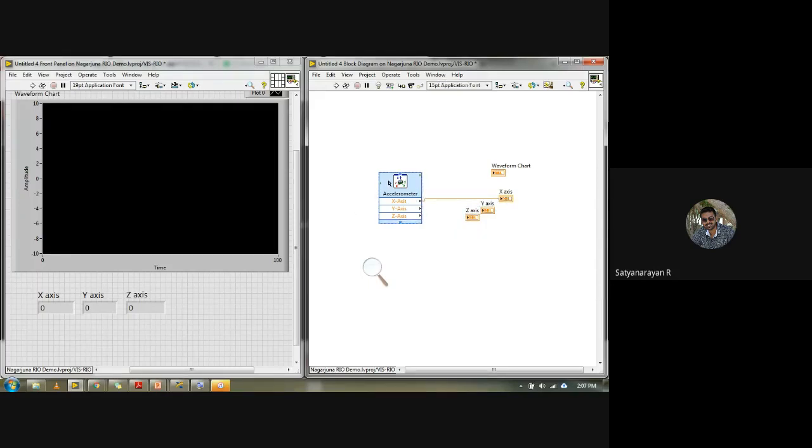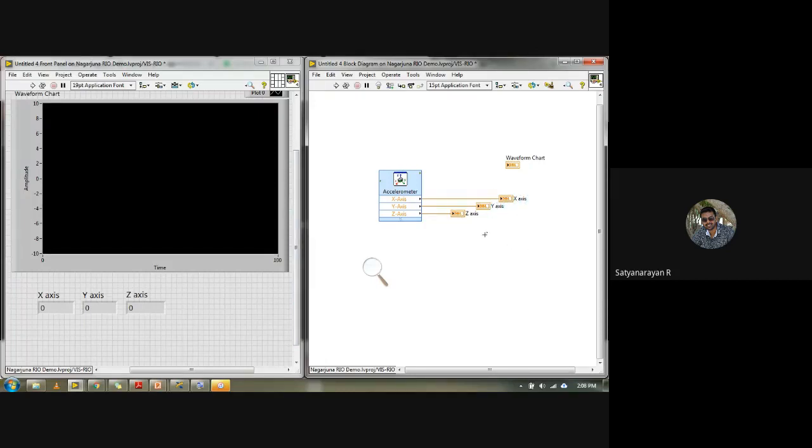X to X. Okay, Y to Y. So I have connected X, Y, and Z individually. Now all three waveforms, meaning whatever distortion or disturbance we are going to get here, all three have to be connected for this.